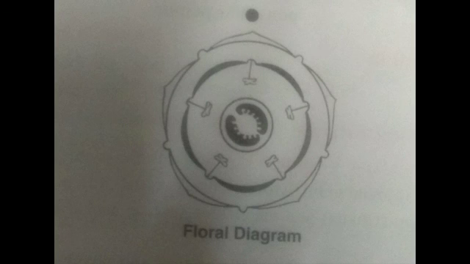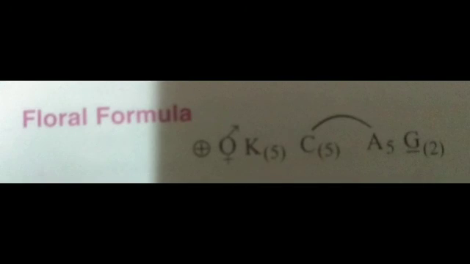Okay. So with this floral diagram, you can form the floral formula also easily. Whether it is fused or free is denoted by brackets. When it is fused, it is written within brackets, and adhesion means attachment. It is shown by the symbol of a line. You can see above the corolla and androecium, a line is there that shows the fusion.